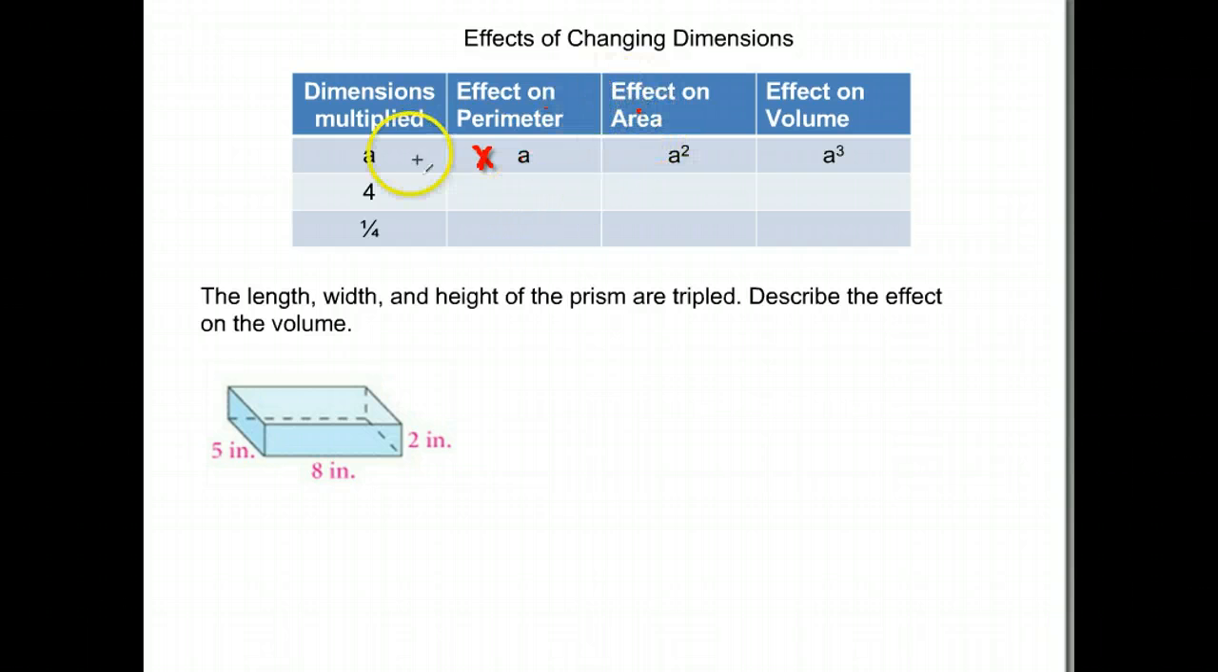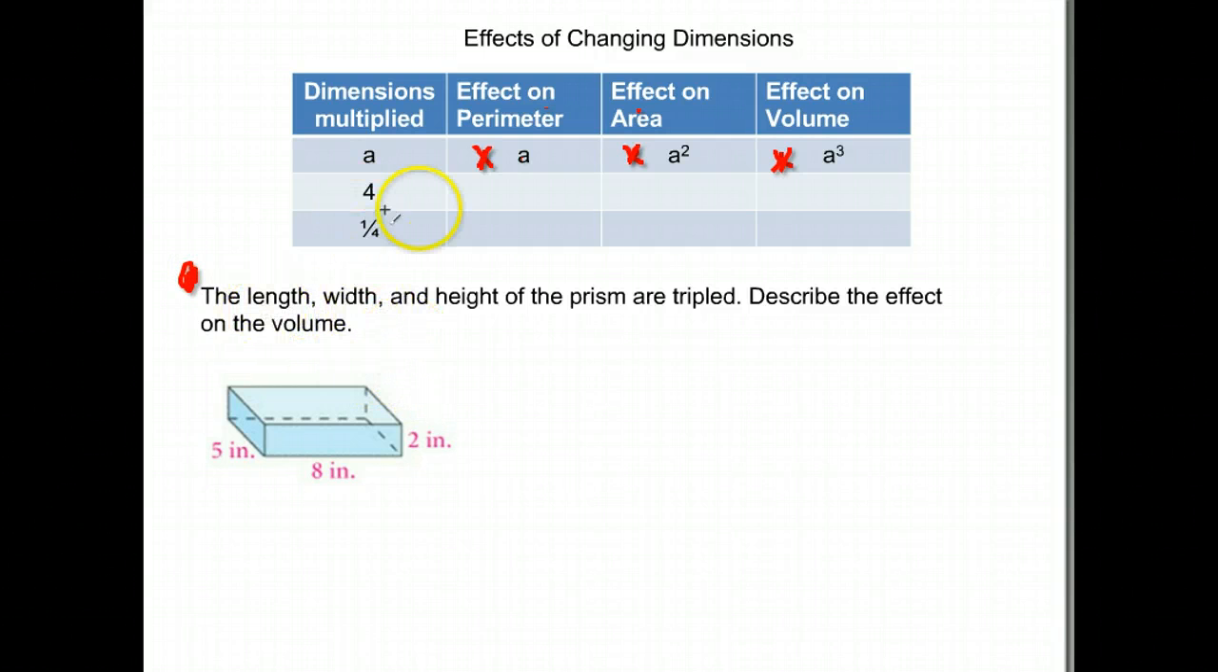If you're finding the area of something, since area is two-dimensional, length times width, you're actually multiplying your original area by that number squared to get your new area. Volume is three-dimensional, so you're multiplying by that number cubed, and that gives you your new volume. So if we were going to answer a question like this by working it through,